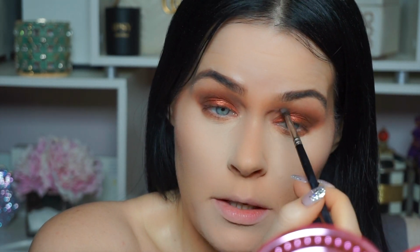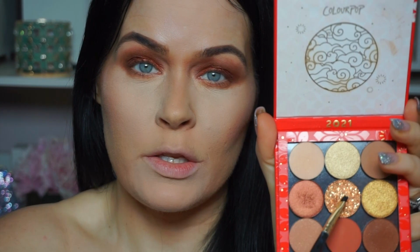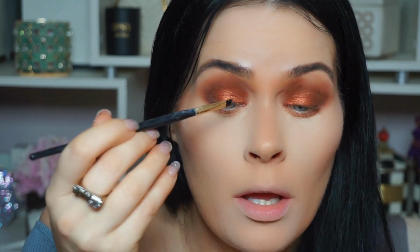Oh, it's like perfection. So I'm just going to bring back our first shade, that really dark shade, and I'll just put a little bit of this in the crease. I'm just going to take the super shimmery, this looks like a pressed glitter, we'll put that right on top. So take it on a very, very small brush, an eyebrow brush, and that is so gorgeous